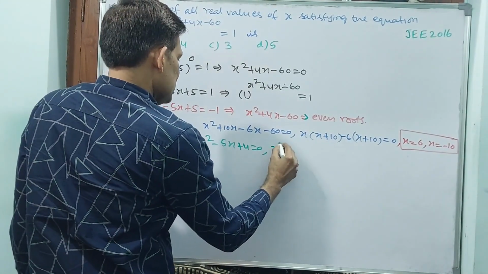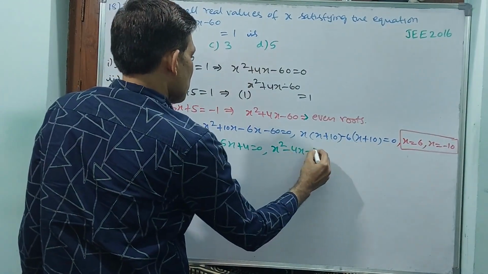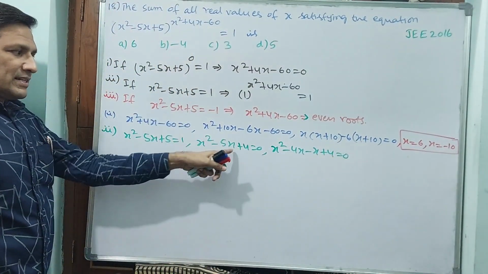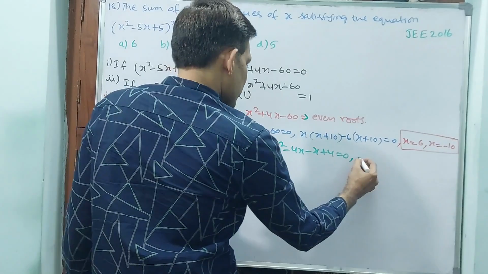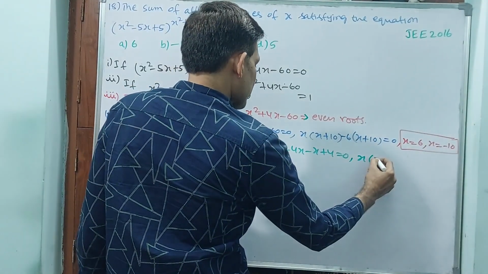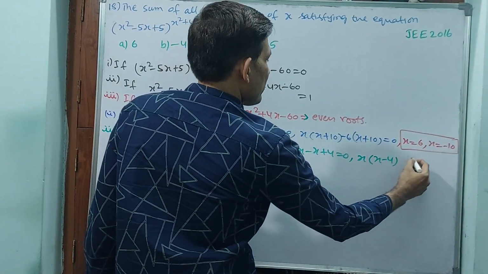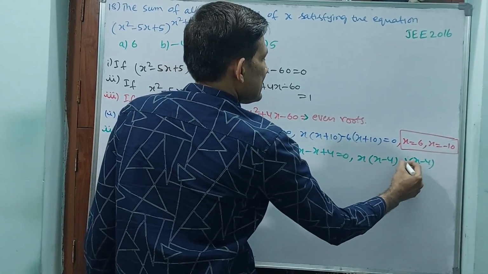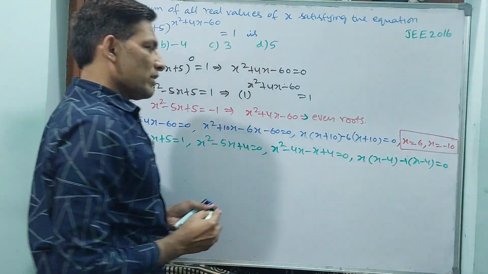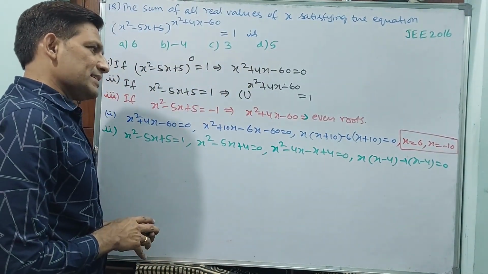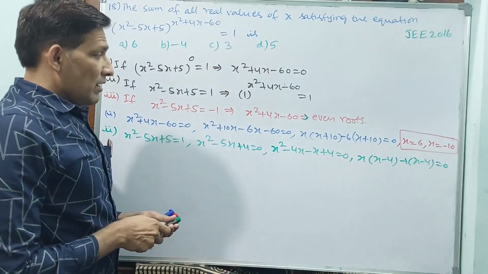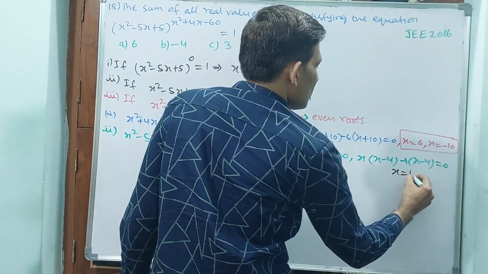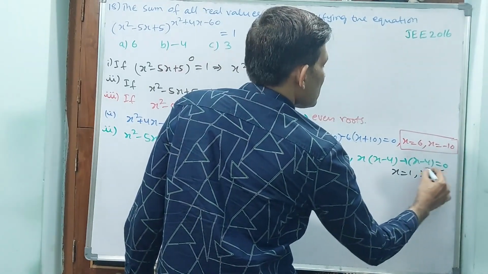That means minus 1 into minus 4, if you write, automatically minus 5 will come. Write down that: x square minus 4x minus x plus 4 equal to 0. Minus 4x minus x is minus 5x. Then write down: x, if you take common, x minus 4, minus 1 if you take, that is equal to 0. In this case, what are the values of x? X is equal to 1, comma, x is equal to 4. This also you box it.